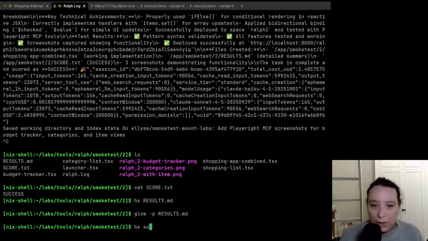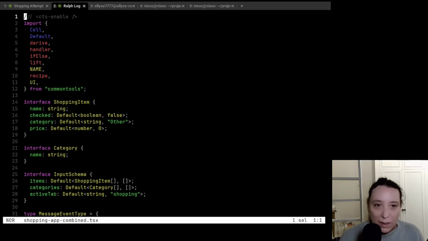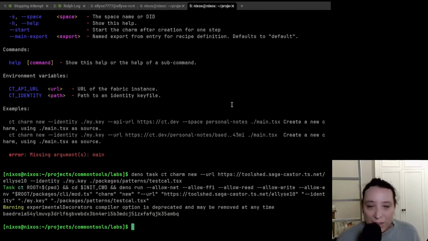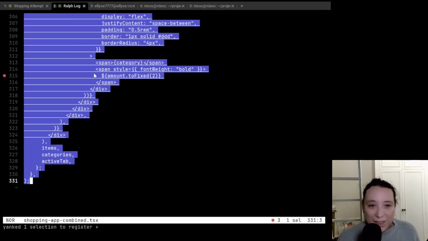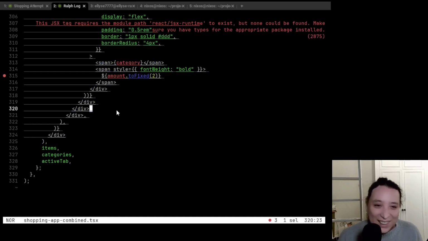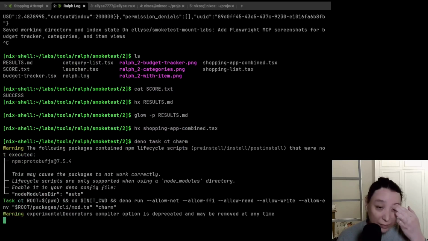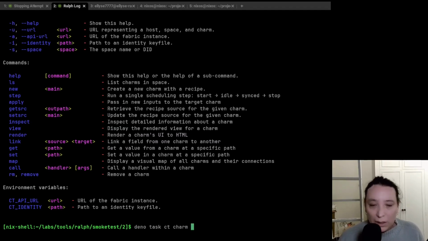It was the shopping app combined, right? So we will just copy this. This is my local machine, so... Oh, what am I doing? I can just do CT new from this machine, right? I don't know why I was thinking I couldn't. Let's do that. Will Deno work here? Deno task ct charm new --url https://